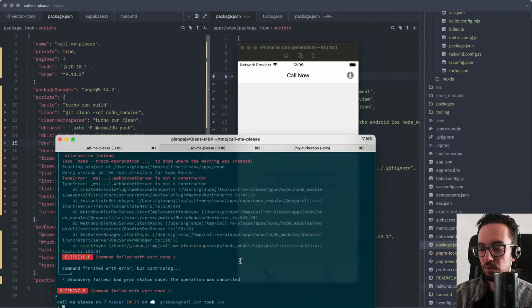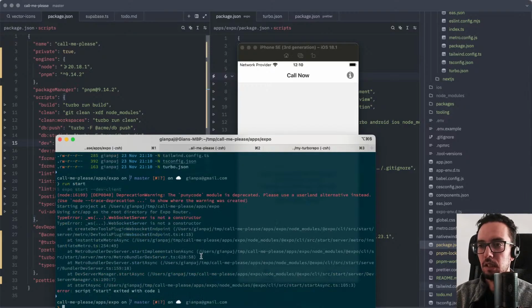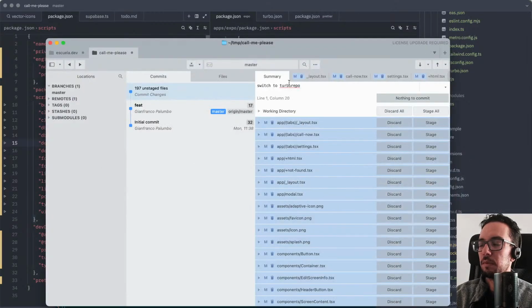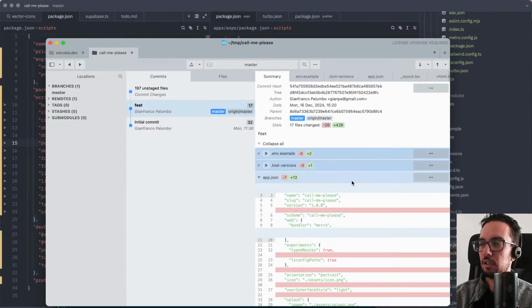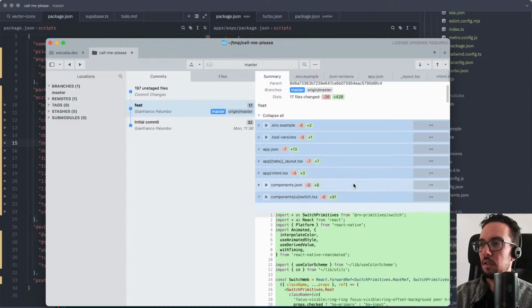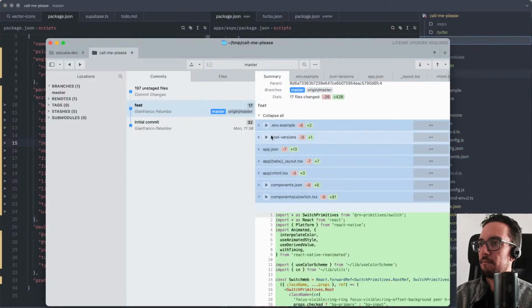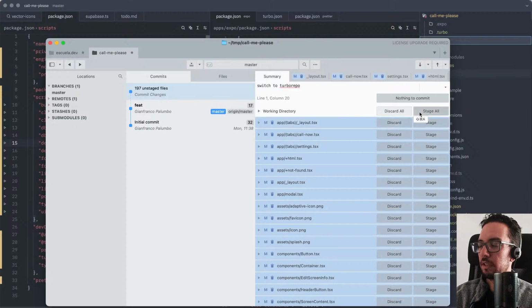Let's go directly to that folder. So apps Expo and run start. Let's just run this locally. Okay, so we do have an issue here. The question is what changed? Because yesterday at least that was working. I didn't change any of the actual code. I moved basically everything